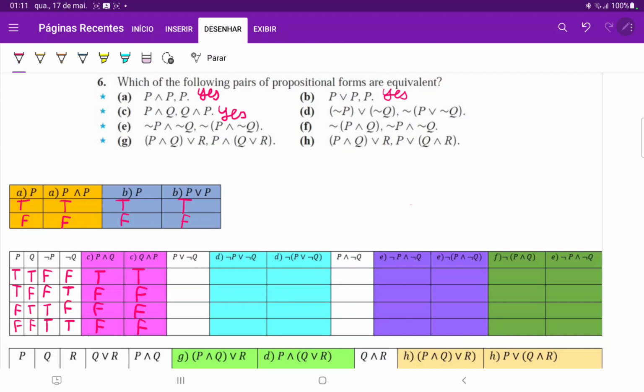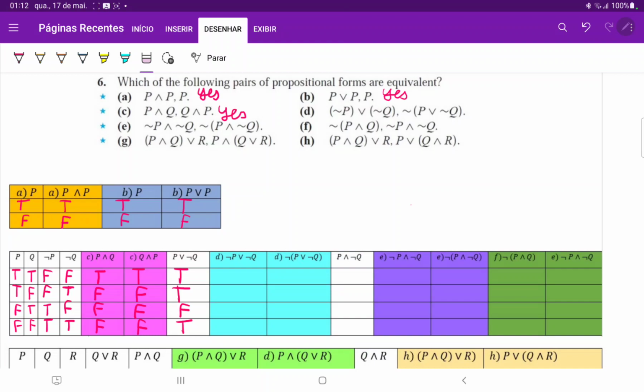Now, what about D? So to build D, we do need to fill in this auxiliary column to help us. So let us do that. This is the disjunction of P, so the first column, or the fourth column. So true or false is true, true or true, true, false or false, false, false or true, true. So here we just did the disjunction of the first and fourth columns, and now we can use this result